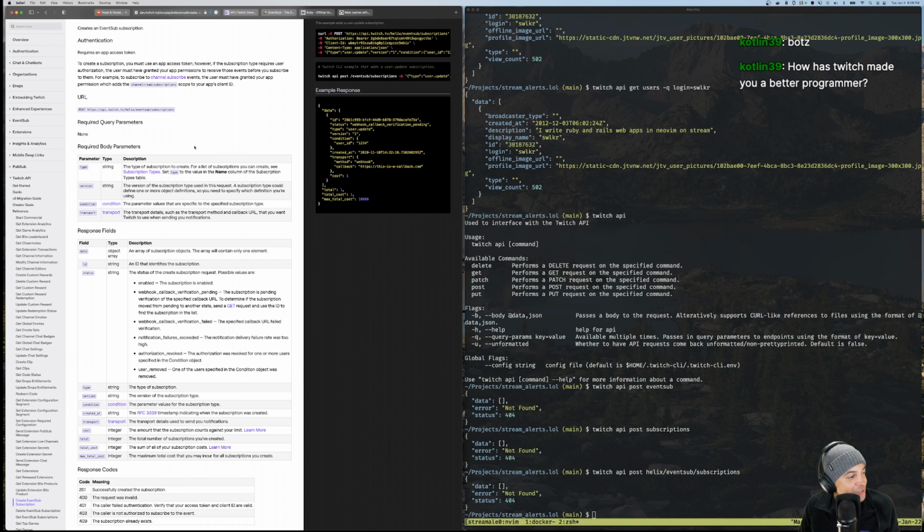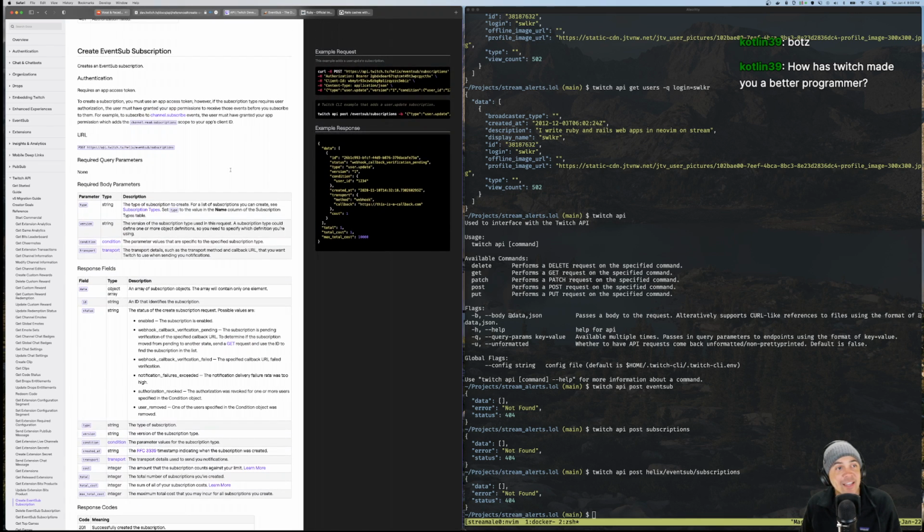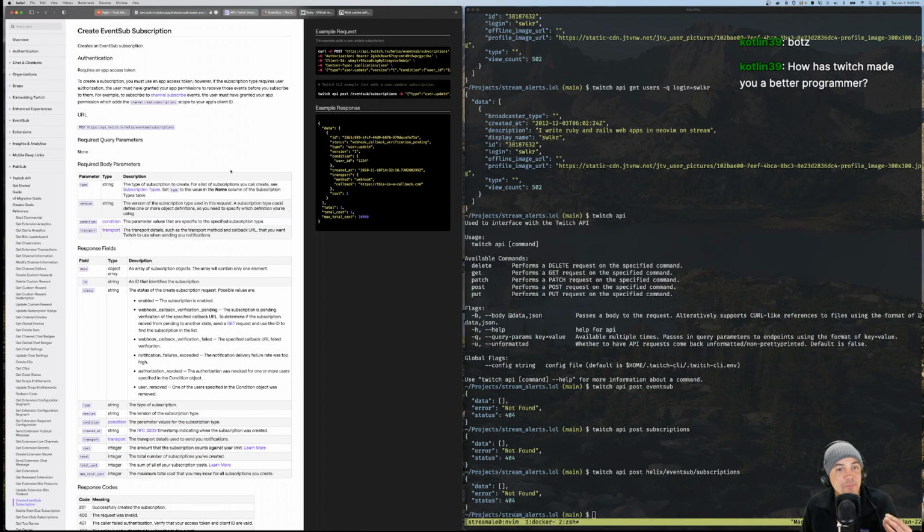How has Twitch made you a better programmer? Yeah, it just helps me think through things that I would normally just be thinking to myself. But it's nice to fix your problems out loud because it makes you think about things a little more thoroughly, I would say. That's how it has. So I think just hearing the problem out loud helps me be a better programmer. If I solve problems faster,